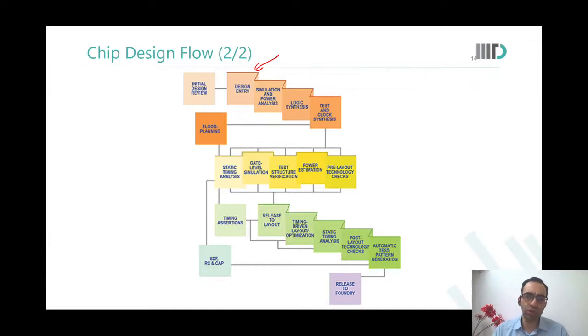And then you also check that, okay, this isn't happening: that there are two outputs driving one single node, or that there is some input that is floating, or that there is a load on a particular gate which it cannot even bear to hold. So all these checks you do. While you do these checks, and as you complete these checks, you also release your netlist, which is now reasonably stable because it has met all these logical standards, to the layout.